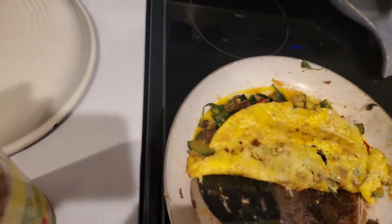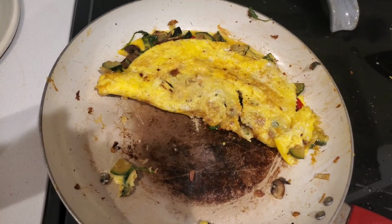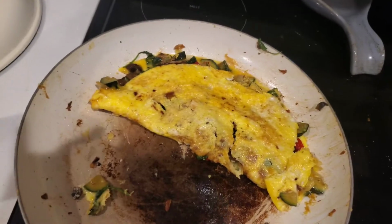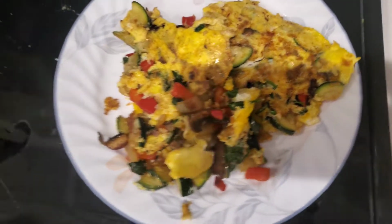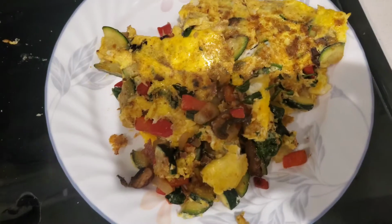There's a really good Alfredo sauce that Downshiftology makes. That's super good with nutritional yeast in it and nuts. But anyways, okay, and this is how it turned out. Hashtag real life. I had to cut it in half because I couldn't flip it over with the spatula